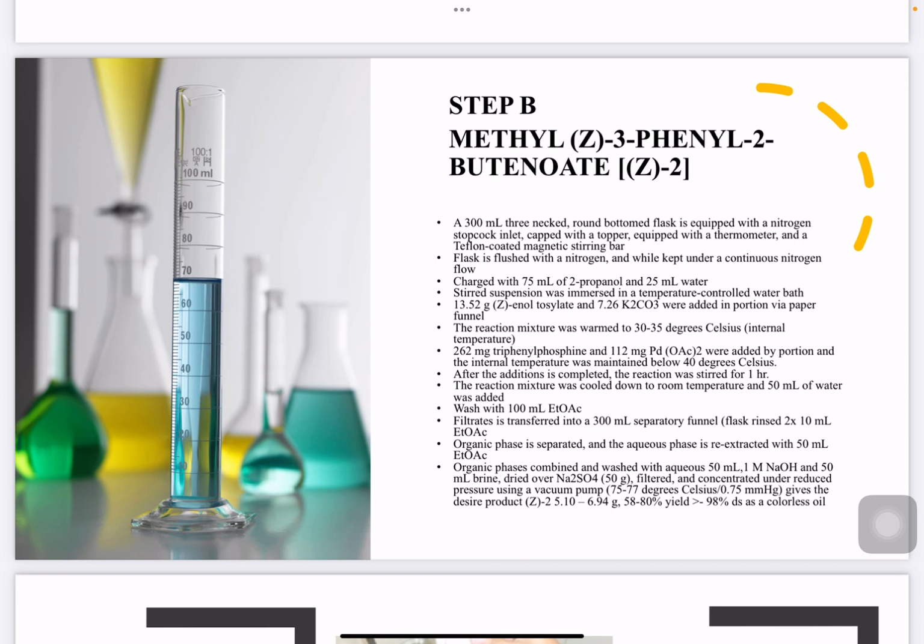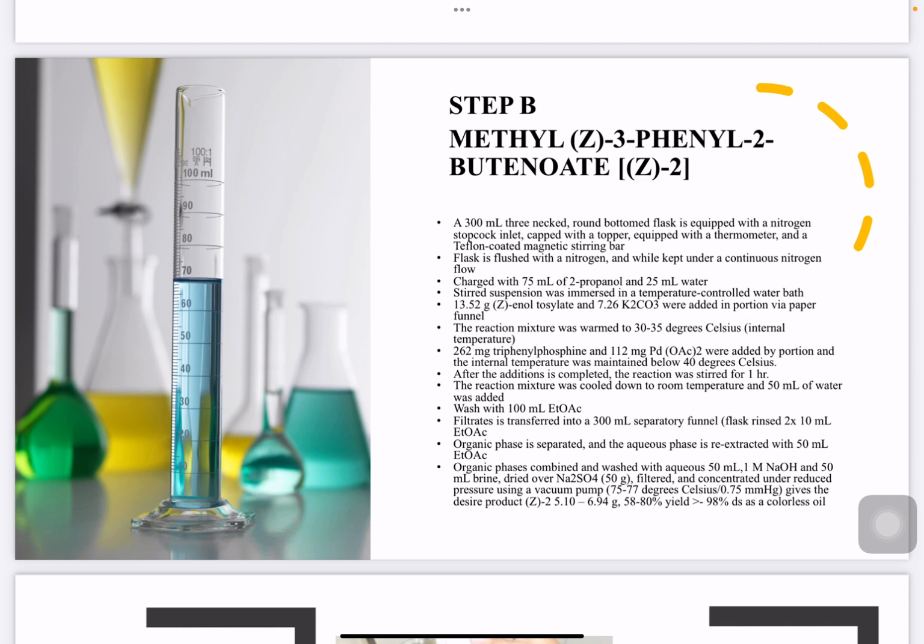It's the same thing as part B. The reaction was then cooled down, rinsed with water, and washed with like 100 ml of EtOAc. The filtrate is transferred into a 300 ml separatory funnel. The organic phase is separated and the aqueous phase is extracted with 50 ml EtOAc. The organic phases were combined and washed with 50 ml aqueous 1 molar NaOH and 50 ml brine, dried over Na2SO4,